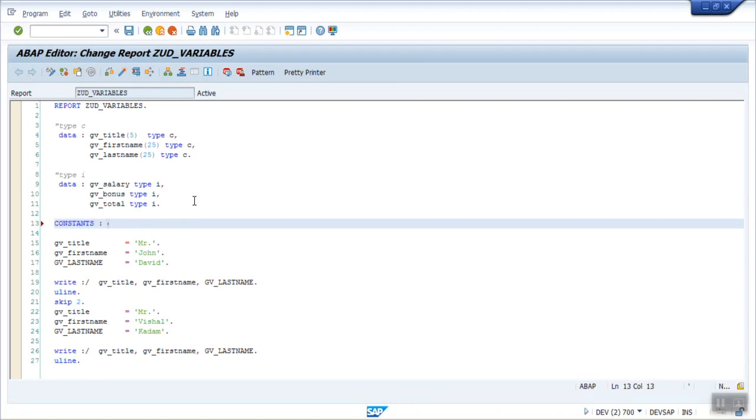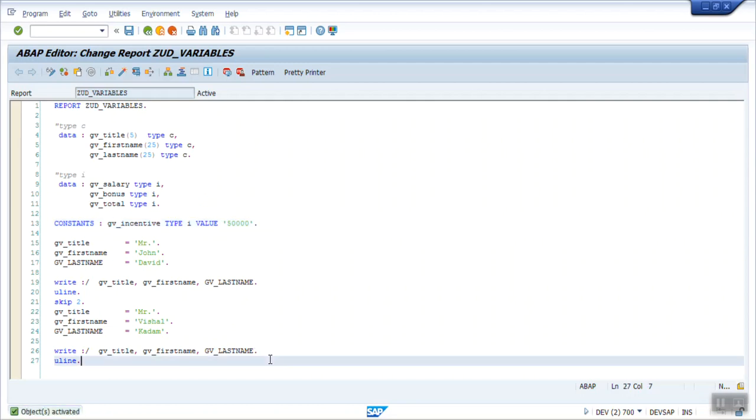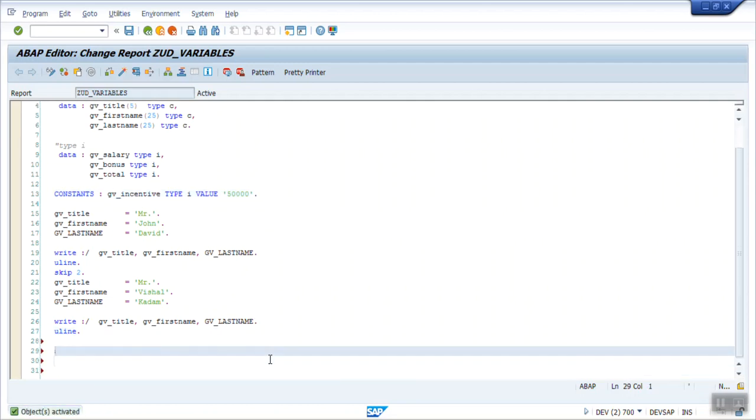Constants, let's say gv underscore incentive, type I, and value I am adding as 50,000. No decimal, as I am using here type I. And now I print the constant's value here.